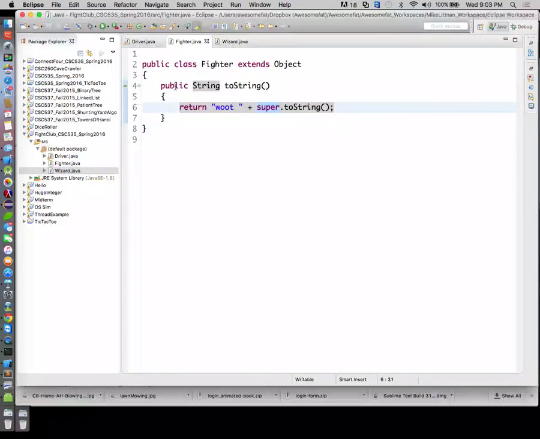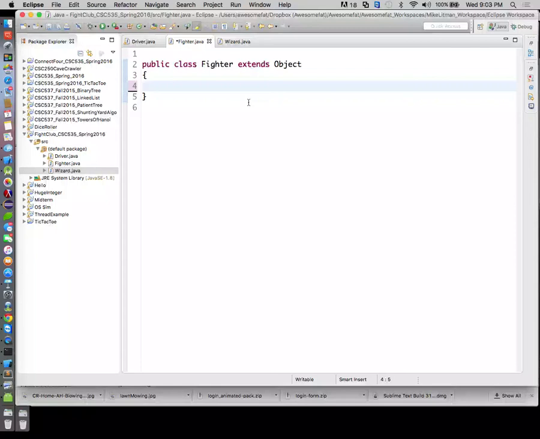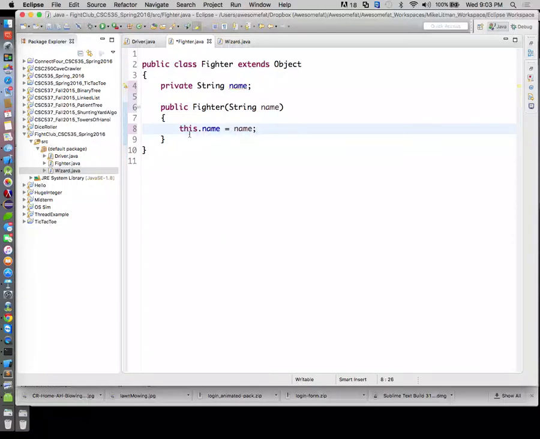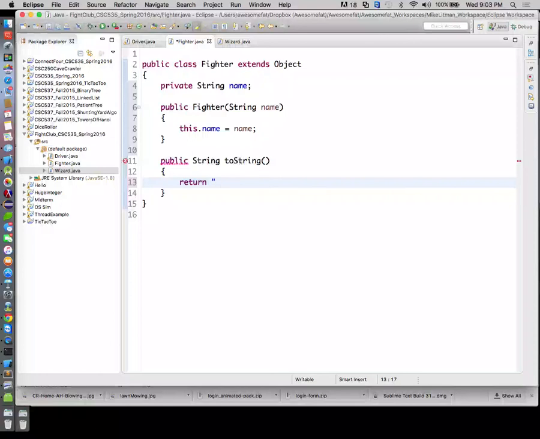All right, so let's look at this. So when we think about Fight Club, we'll go ahead and take out toString right now. We're going to say that all fighters have a name, right? So we're going to say private string name, and then we'll have our public constructor for fighter, public fighter string name, and we'll say this dot name is equal to name. All right, and then we'll go ahead and rewrite the toString. So we'll say public string toString, and this guy will return